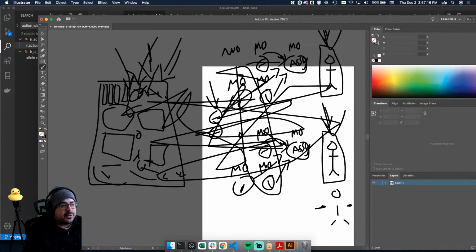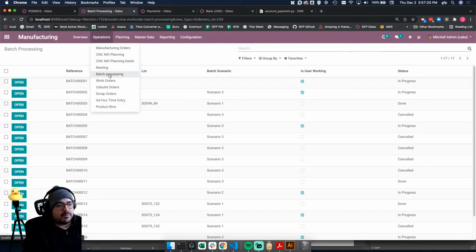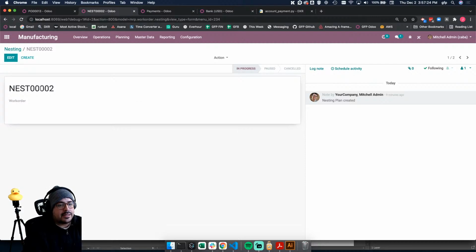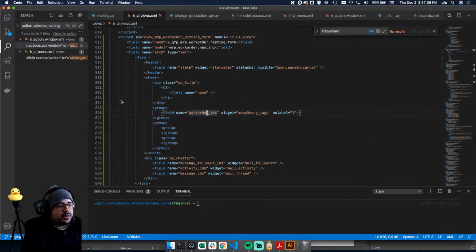So that's essentially what we're doing right now. Let's go back here. So basically, batch processing is the batch manufacturing. Nesting is that step beforehand that will let us keep track of what has been nested, what has not been nested, and so forth. So let's go ahead and go back here. Now, the next thing that we want to do